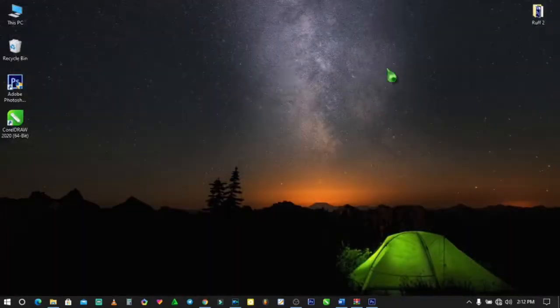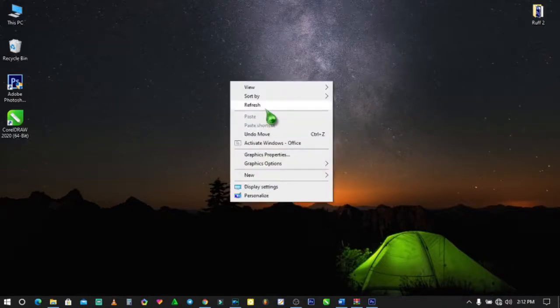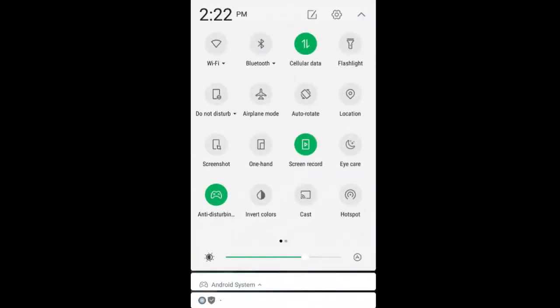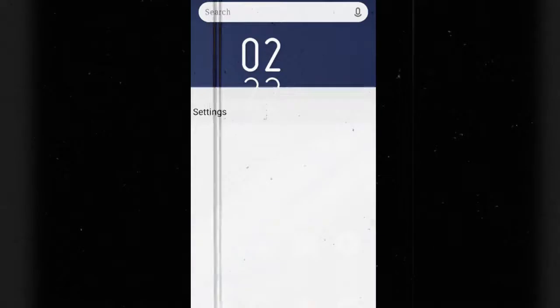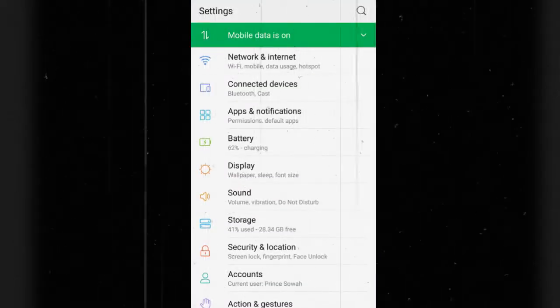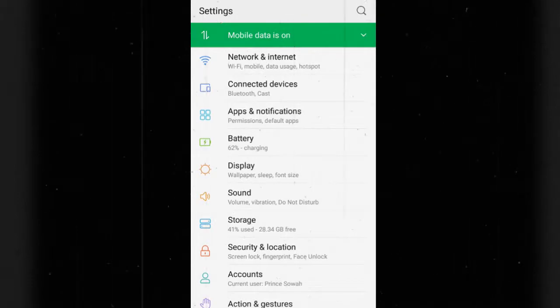Before connecting your phone USB to the USB port on your laptop or your PC. So after connecting your USB, just plug into your phone and press on settings. Go to settings. On settings, we're gonna see